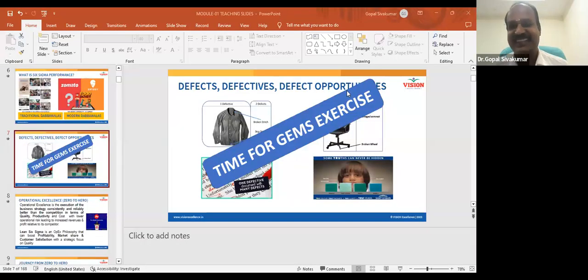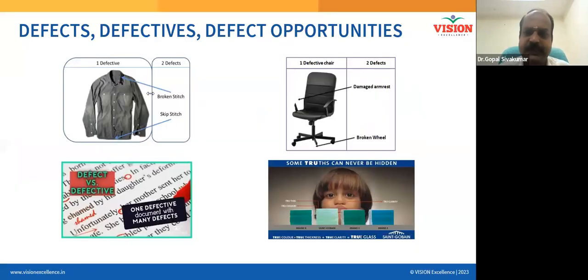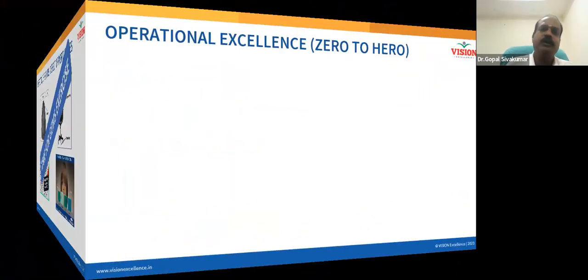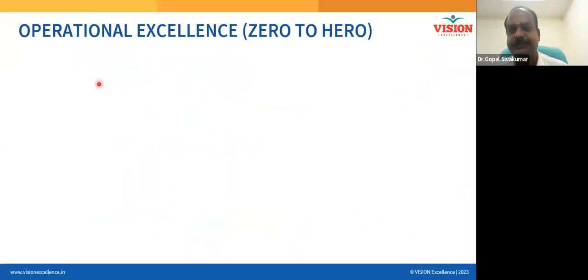But the session is so interactive that we are not even able to progress to the next level. But anyway, I still appreciate that. This clarity has to happen as we progress, and it's okay if we spend more time in the foundation session, and then we can finish the rest very fast. I think now the DPMO is clear, and the Sigma level is clear. The Sigma level calculator also, I'm going to share with all of you. You can also do the calculation for your product. If you do anything, you can share it with us privately or in the WhatsApp group, or post it wherever you want.